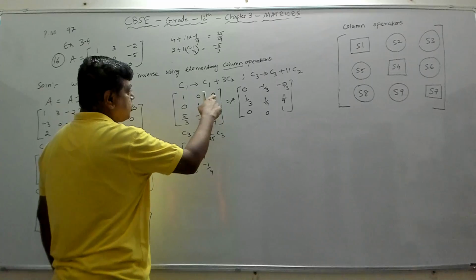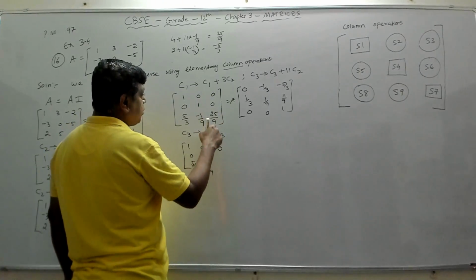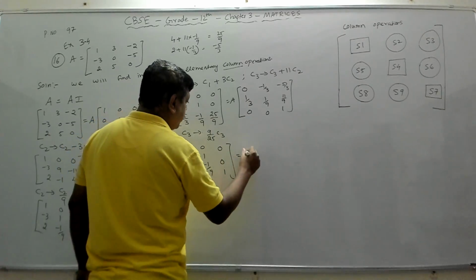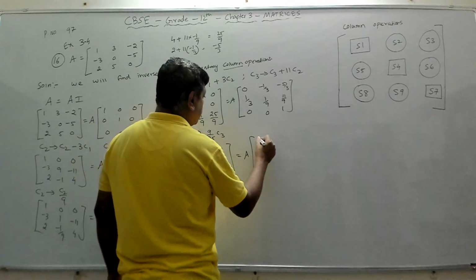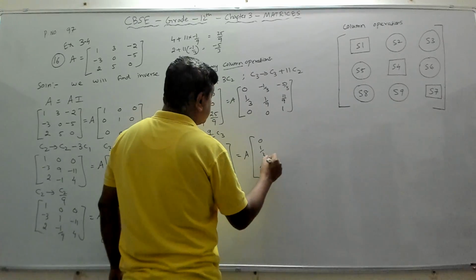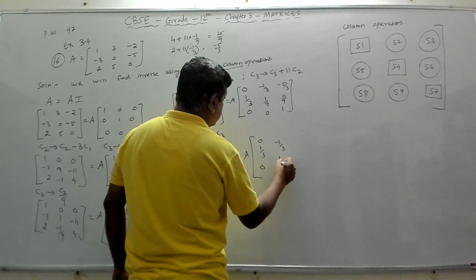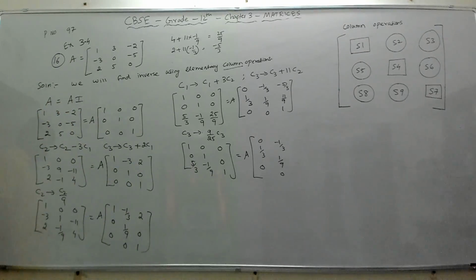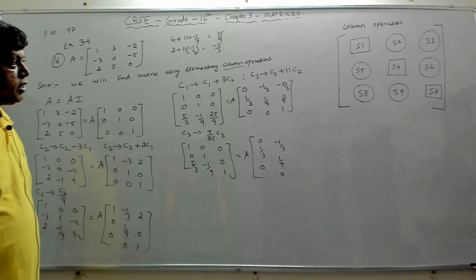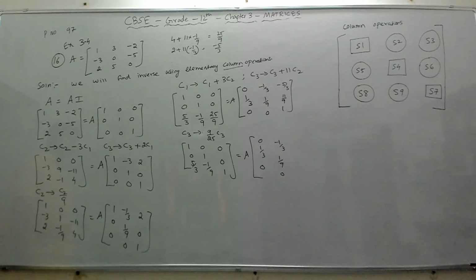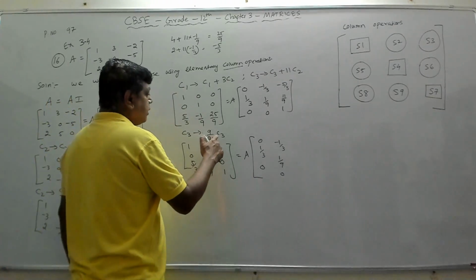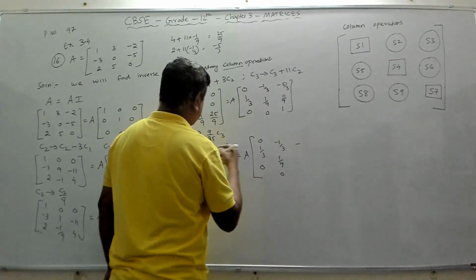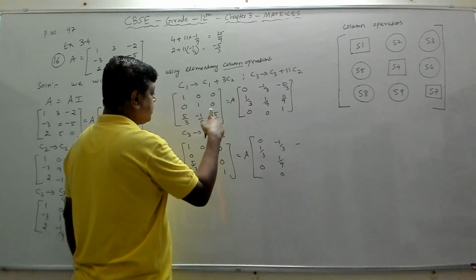So C1 and C2 stay, and every element of C3 should be multiplied by 9 by 25. So 9 by 25 into 0 is 0, 9 by 25 into 0, 0. 9 by 25 into 25 by 9 will give me 1, equal to A into, again I will write my first column no change, second column no change, third column is getting changed. So how is it getting changed? We multiply 9 by 25 into minus 5 by 3. So that will give me minus 25 and 5 will go, 3 will go, I will get 3 by 5.